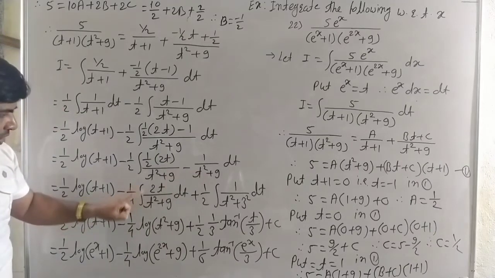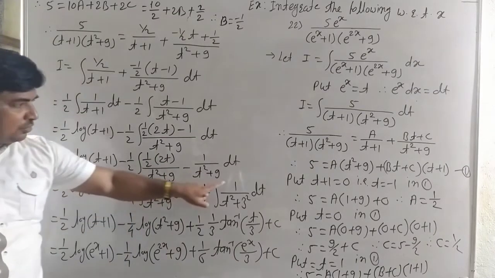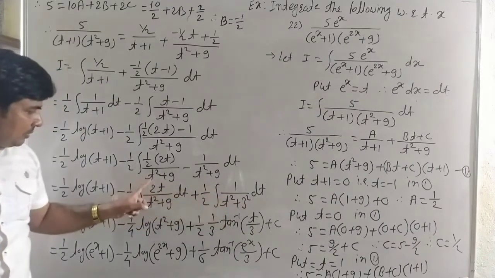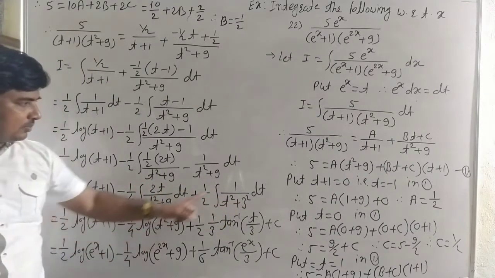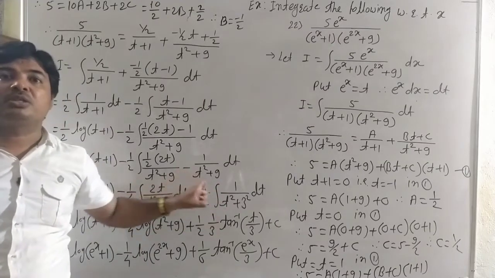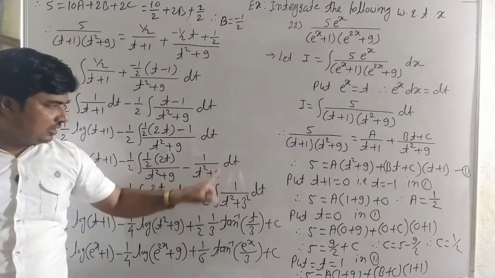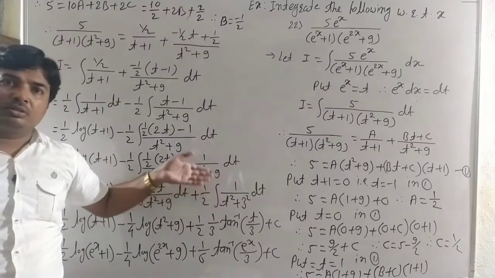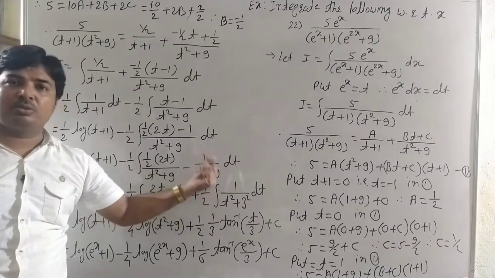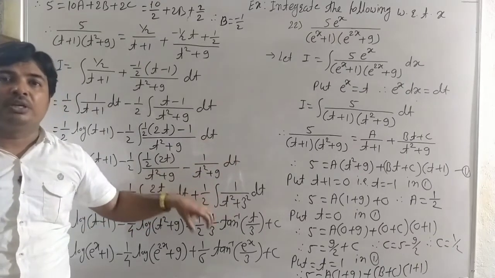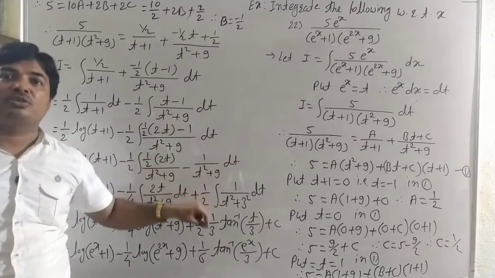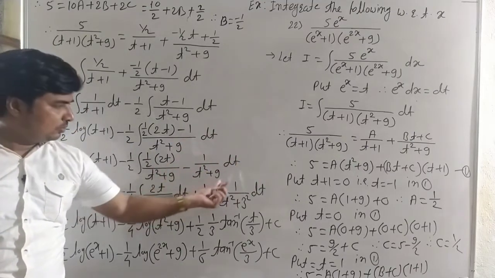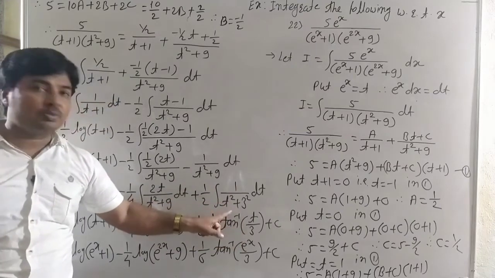One integral is f dash of x upon f of x, and the other is 1 upon a quadratic function. Again, these are two types of integrals. F dash of x upon f of x is log of f of x, and 1 upon a quadratic function is a special integral. Here it is already a complete square. If it is not a complete square, it is a quadratic form ax square plus bx plus c. By completing the square, it can be expressed as x square and a square. Here it is already x square and a square. There are the two terms, so we can directly use the formula, the special integral.